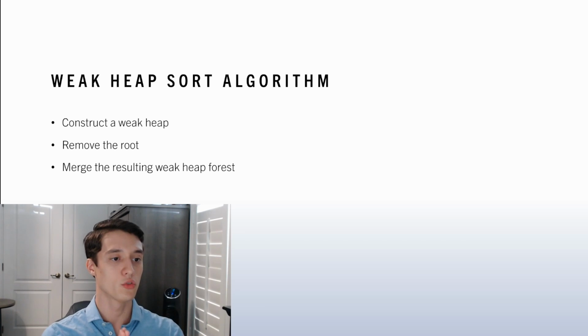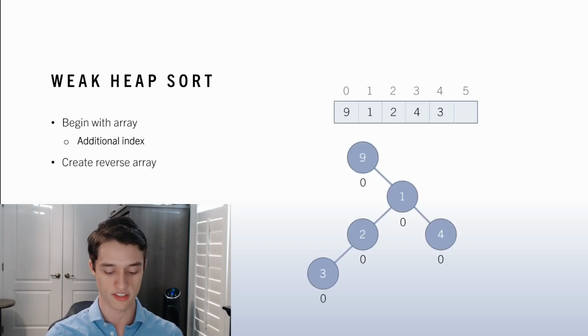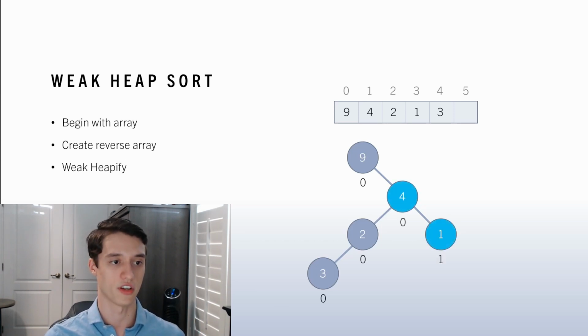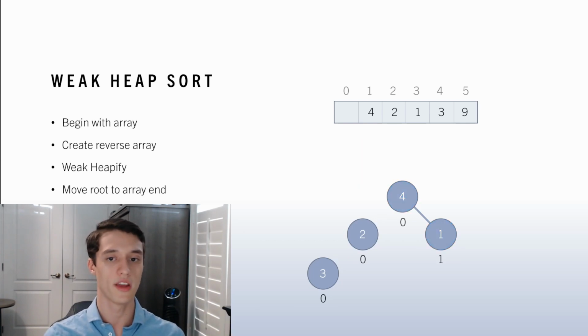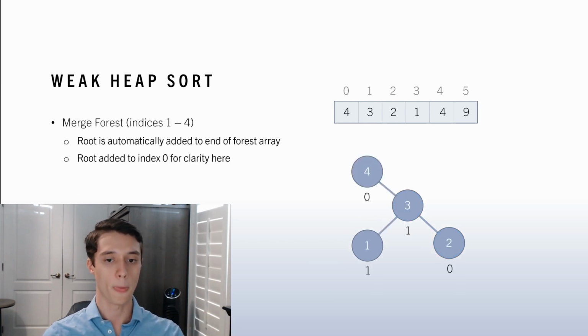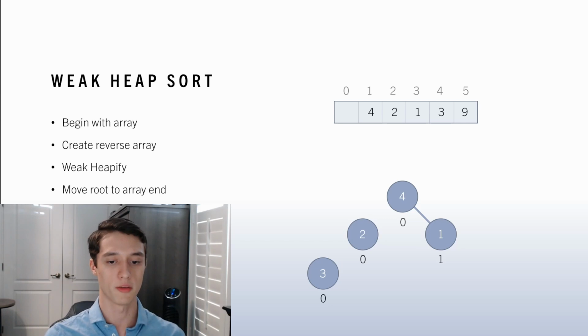So what we're going to do is we're going to construct a weak heap, remove the root, and merge the resulting weak heap forest. That's all there is to it, right? We begin with an array, create a reverse array, and that's our structure. We're going to weak-heapify this structure, so here the 4 and 1 are going to swap, and we're going to move the root to the array end. Now we're going to merge the forest, right? So we're going to compare 3 with its ancestors and merge up as we go. So 3 is going to merge with 2,